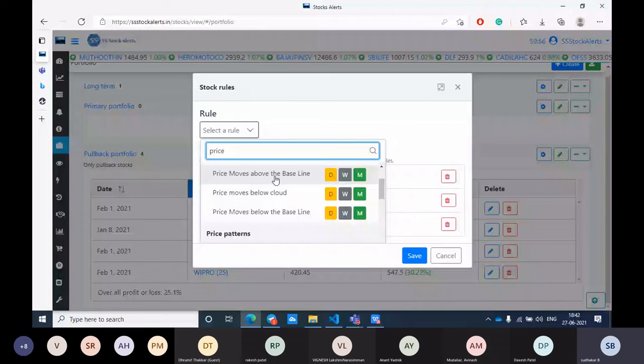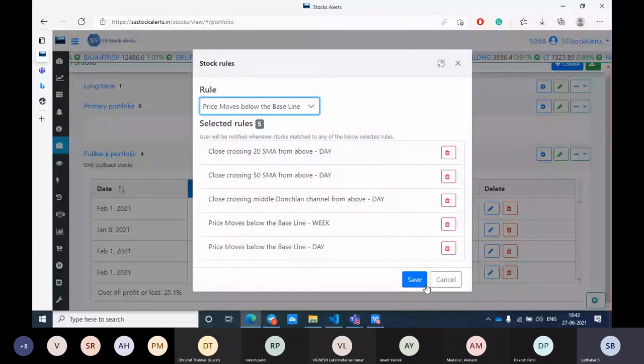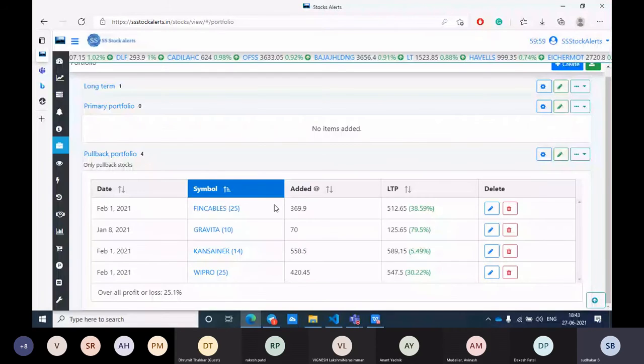So what will happen is, whenever any stock from your portfolio meets this criteria, now or in the future, you will get a notification email saying your portfolio rules are matched and this is the stock you want to exit. So the next day you can go and check it. If it closes below that, you can just exit.